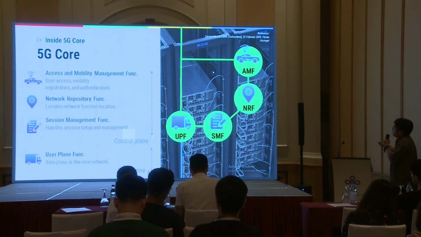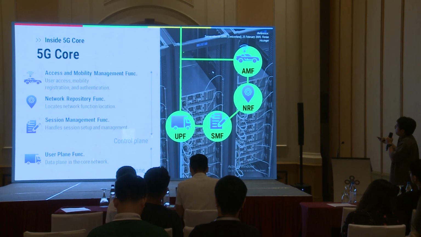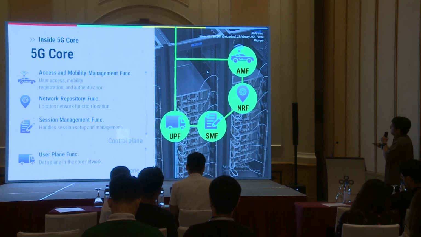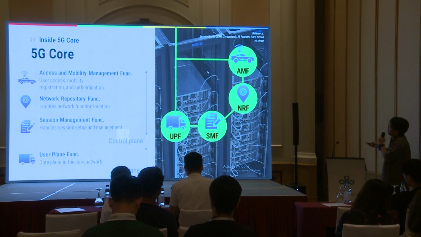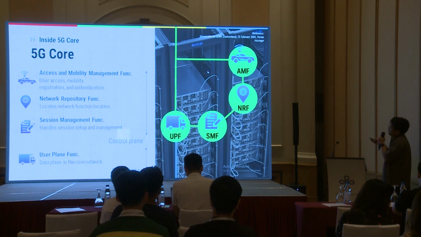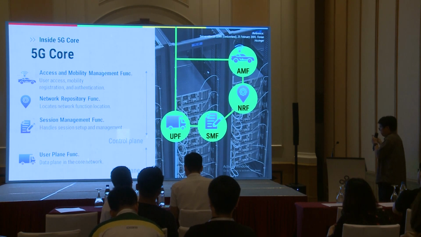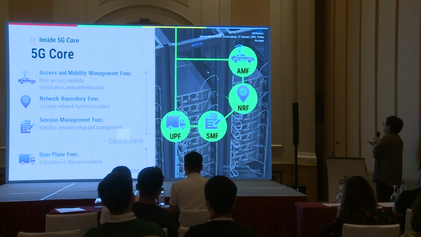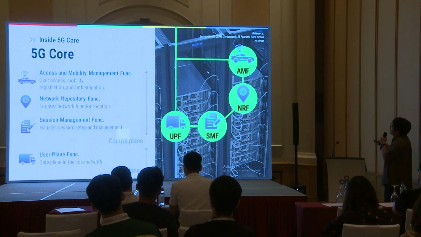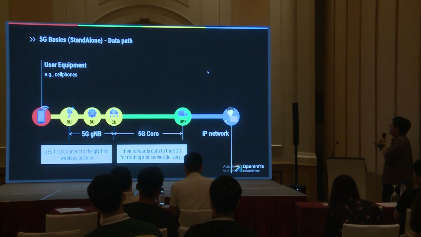And this is the structure of how it will split the packet from the gNB, the base station, at first. It branches into two. The control signal goes to this path, which is responsible for mobility and the network repository functionality in different containers for different functionalities. And these are all within the control plane. And this one is for the data plane. So this is a basic view of how it works.